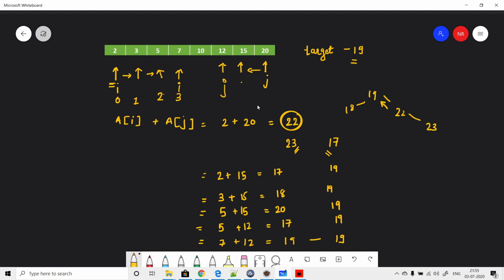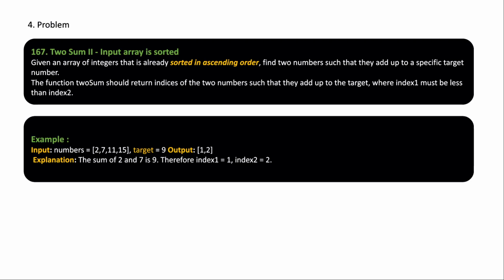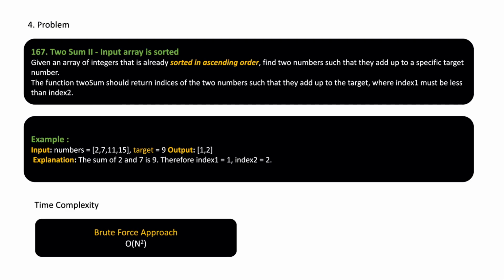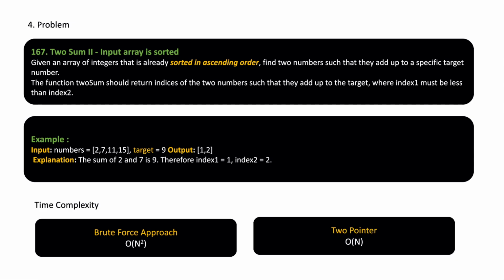All right, so if you see, within a single loop we have completed our desired target sum, and we found S1 and S2. In our case, i and j, we are interested in the indexes, so we will return i and j. But if you see, the overall time complexity of this problem is, as we iterated only a single time, going to be O of n. So as we discussed, in the brute force, as in the previous solution, it will solve with O of n square, and the two-pointer approach we have solved within O of n.